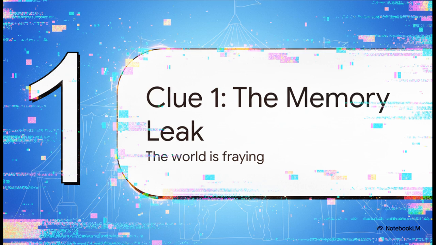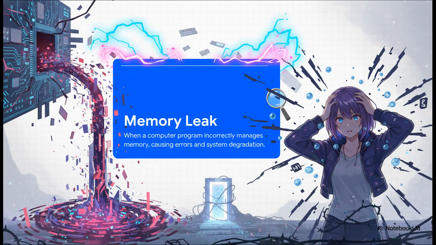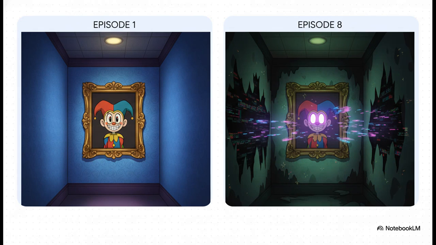All right, first up, the world itself. Did you get this weird feeling that something was off about the backgrounds in this episode? The vibrant, solid world we're used to is literally starting to fray at the edges, and fans have come up with the perfect name for it: the memory leak. For anyone who doesn't know, a memory leak isn't just a fan theory, it's a real-world computer problem. It's what happens when a program doesn't manage its memory right, and over time it starts eating up all the resources. This causes glitches, lag, and eventually a full-on system crash. Sound a little familiar?